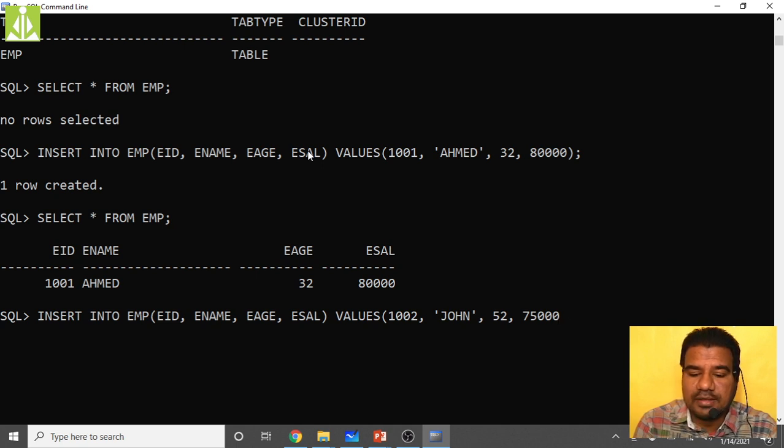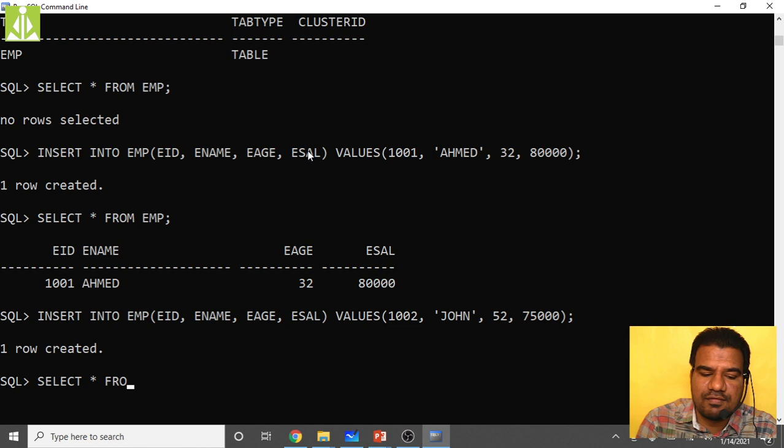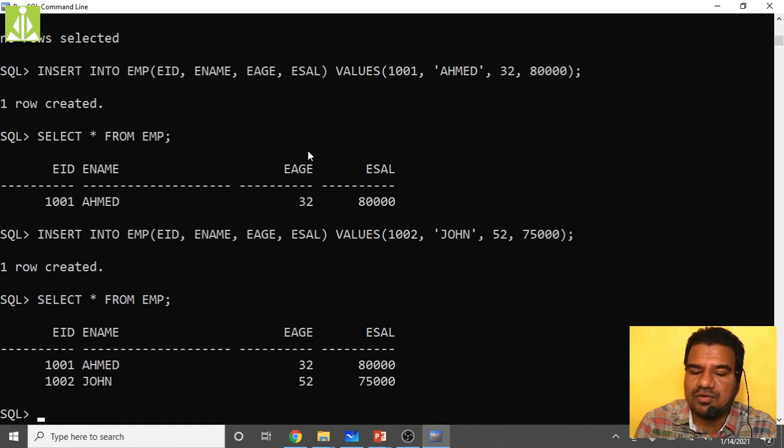Close the parenthesis, put the semicolon and hit the enter key. Another row created. Now to check the table content once again, select star from EMP, put the semicolon, hit the enter key. Now we have two rows.